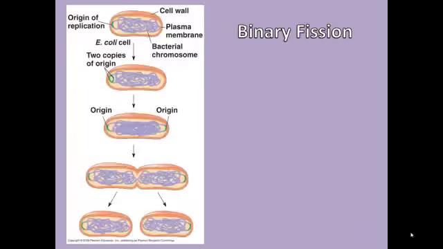Bacteria don't undergo mitosis because they don't have a nucleus that needs to break down and be reformed. Instead, they undergo binary fission. They duplicate their chromosome. Remember, they usually only have one, starting at what's called the origin of replication. As the chromosome is duplicated, the origins move to opposite sides of the cell. This pulls the duplicated chromosomes apart. Then the cell forms a cell membrane and cell wall between the two new cells.